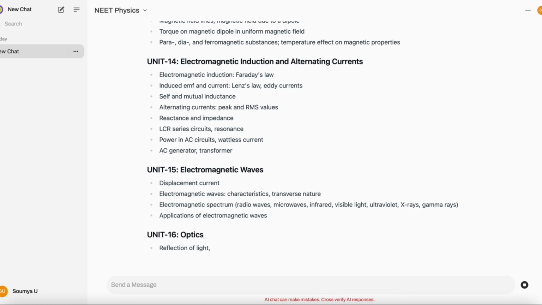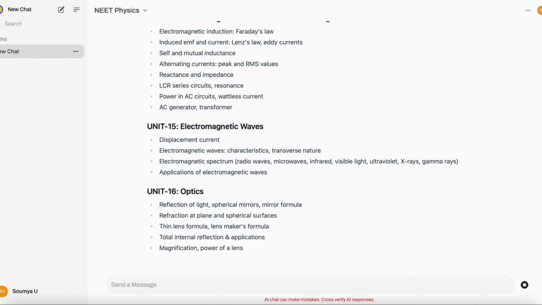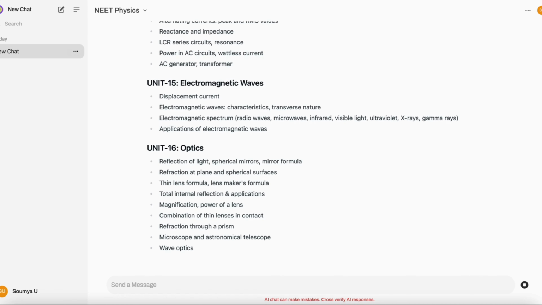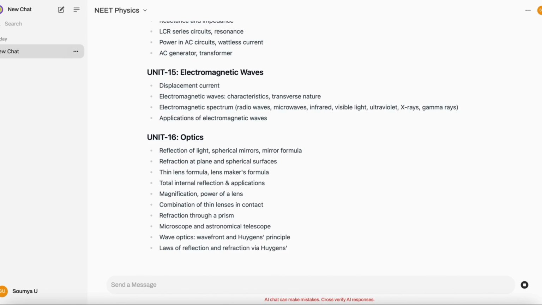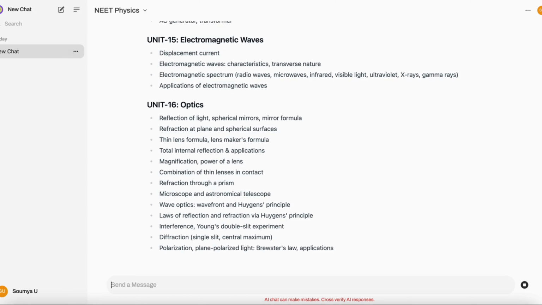Unit 16, Optics. Reflection of light, spherical mirrors, mirror formula, refraction at plane and spherical surfaces, thin lens formula, lens maker's formula, total internal reflection and applications, magnification, power of a lens, combination of thin lenses in contact, refraction through a prism, microscope and astronomical telescope, wave optics, wavefront and Huygens principle, laws of reflection and refraction via Huygens principle,